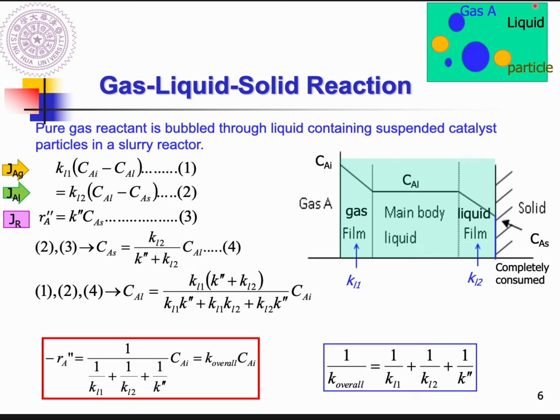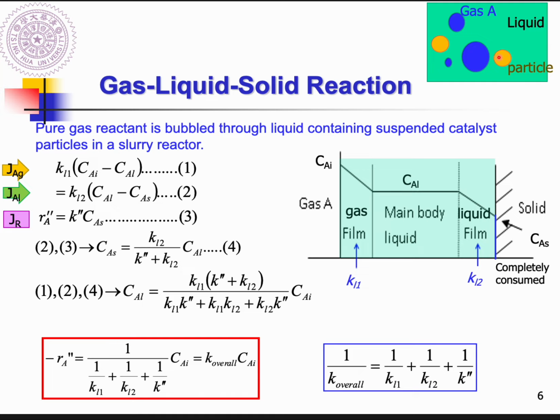So I drew this cartoon to represent these situations. If we have a pure reactive gas A bubbling through this liquid containing suspended catalyst particles, gas A is going to diffuse through the liquid to arrive on the surface of the particle and